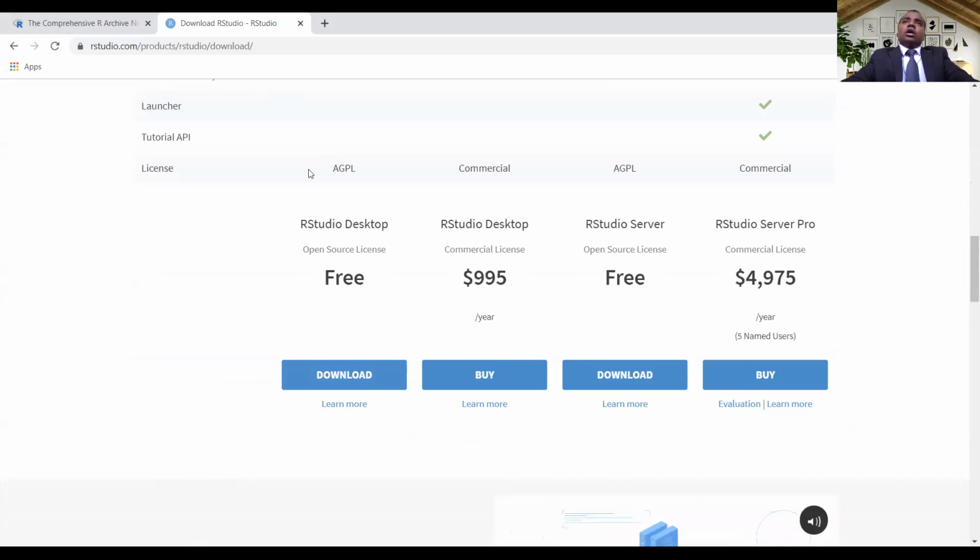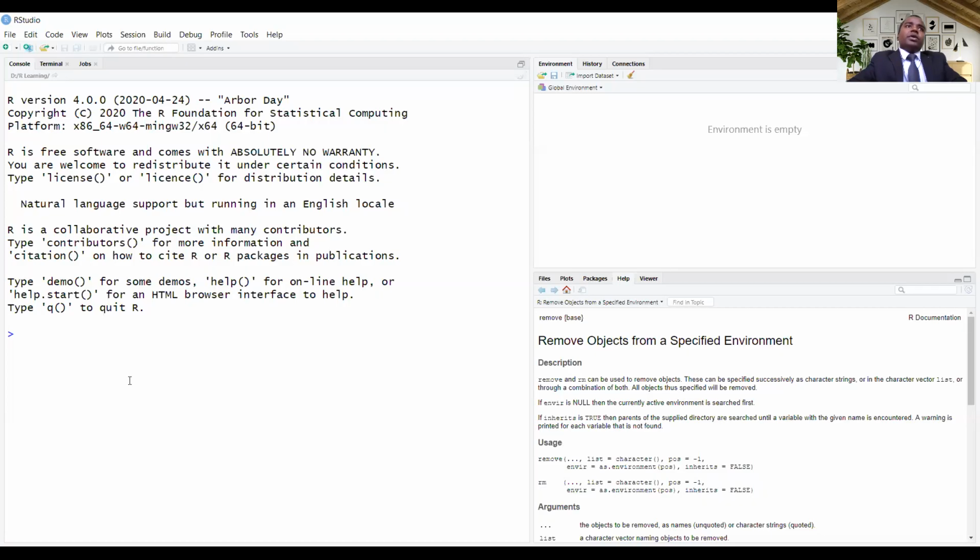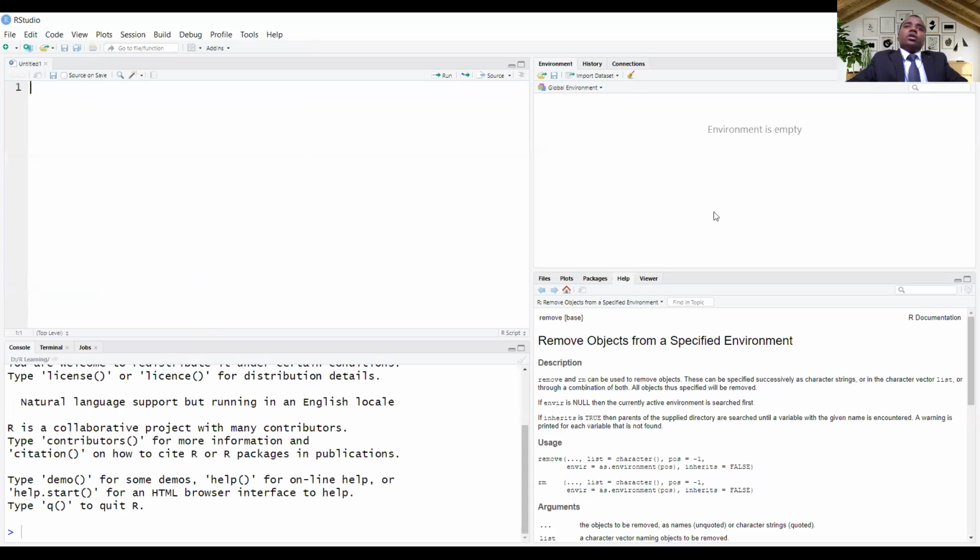Once you install RStudio, open the software. Once you open your RStudio application, you can see there are four areas. The first quadrant is your code editor, where you write your scripts.